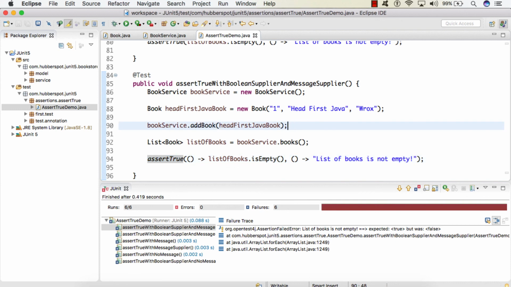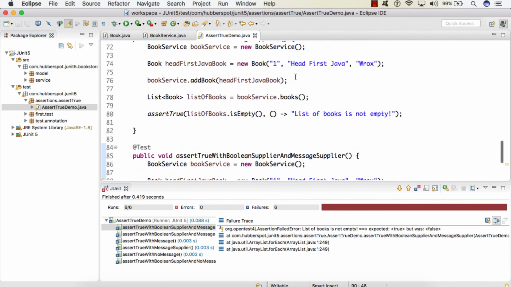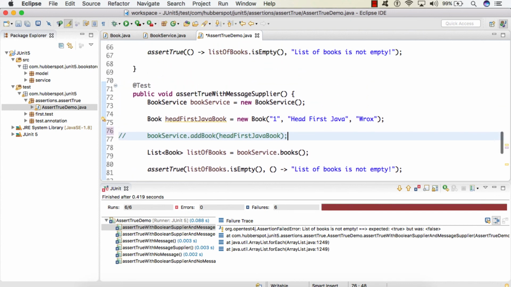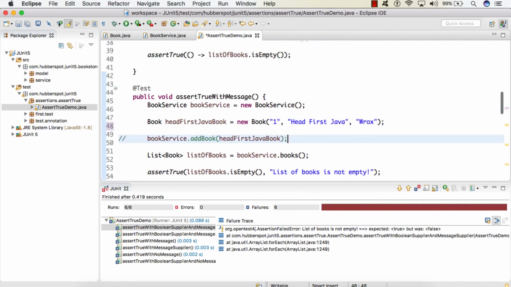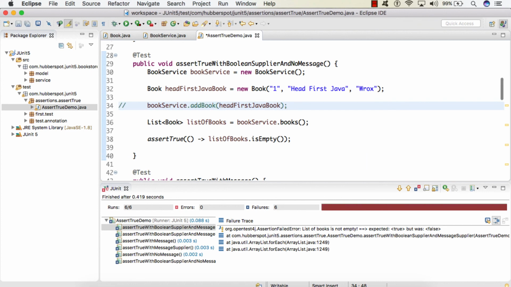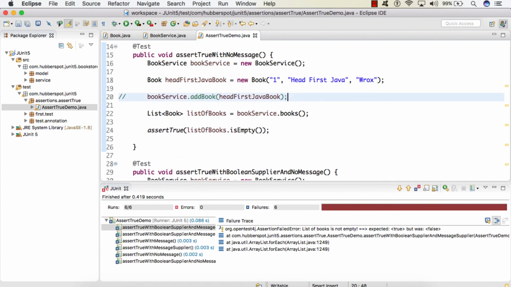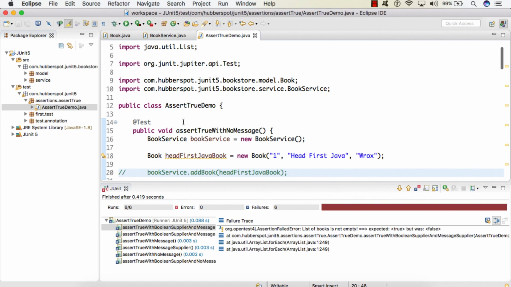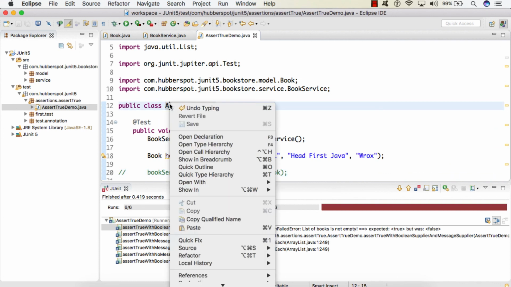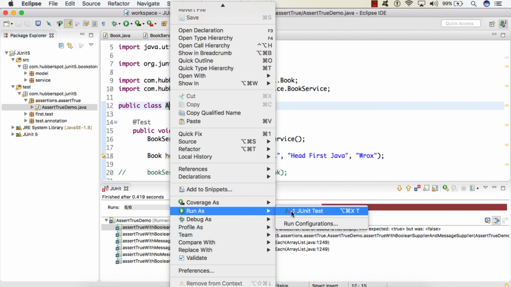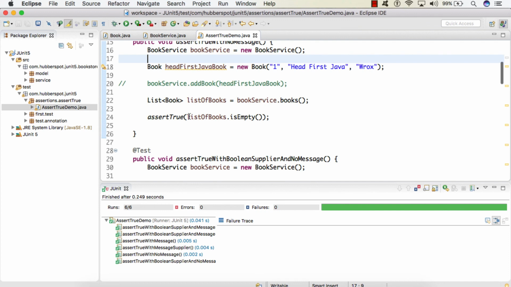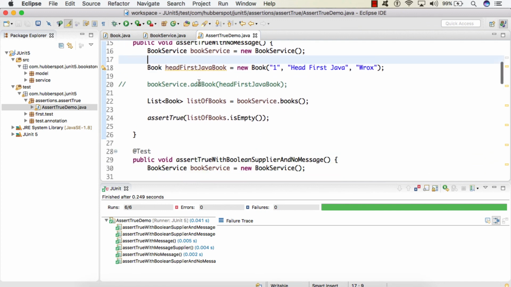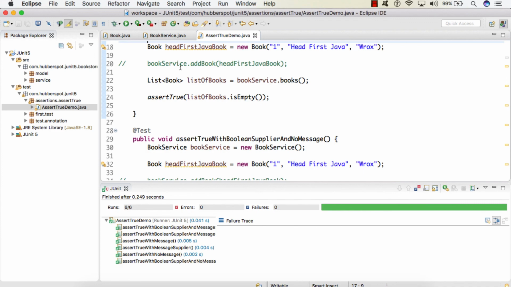So if I just comment this line of code in all the test cases, and if I run all the test cases now, you see all the test cases passed, because now the list of books is actually empty, since we haven't added any books.